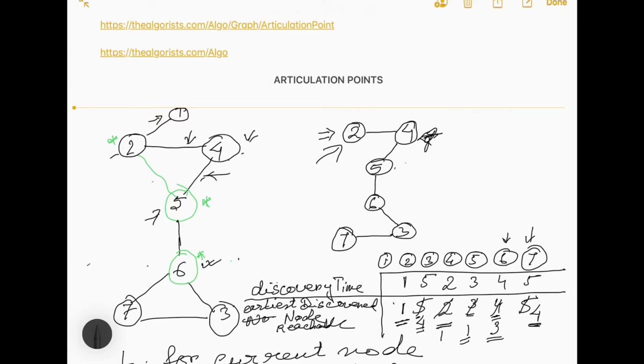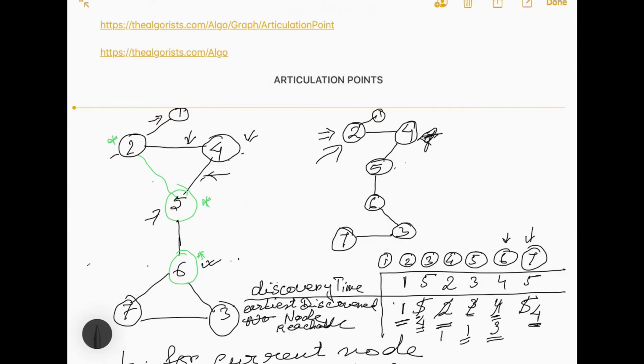When we backtrack to 2, we haven't finished doing the DFS on 2. To finish it, we need to visit the other adjacent node, which is 1, which is not visited yet. So we visit 1, and the discovery time of 1 would be